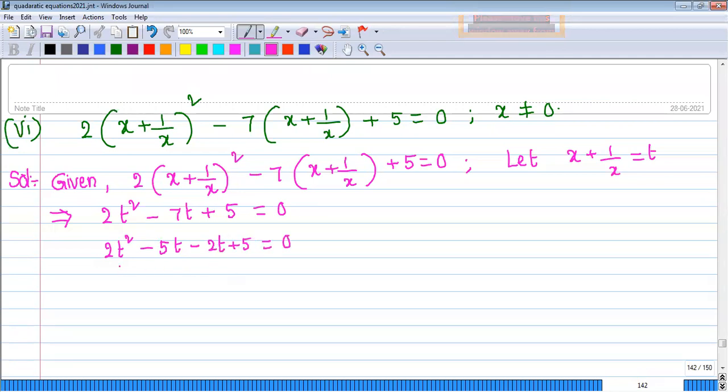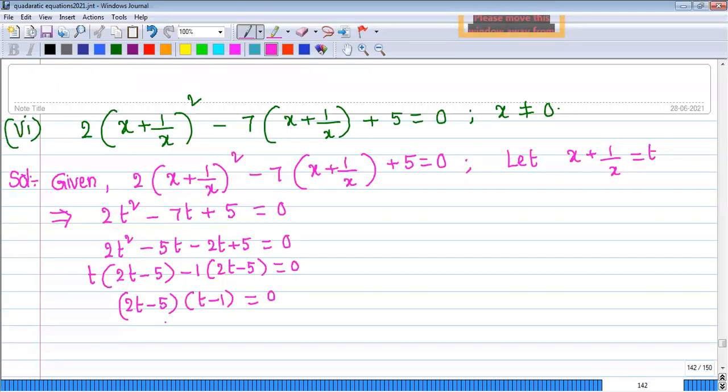Okay. What is the HCF, the highest common factor of 2 comma 5? 1 only. So we cannot take any common. From t square and t, we can take t common. If you take t common, you get 2t minus 5. It's very simple now. We have negative 1 common, 2t minus 5. Here we get 2t minus 5 multiplied with t minus 1. So we get